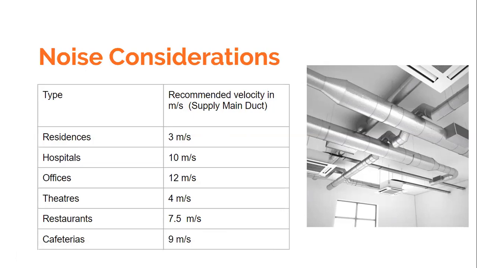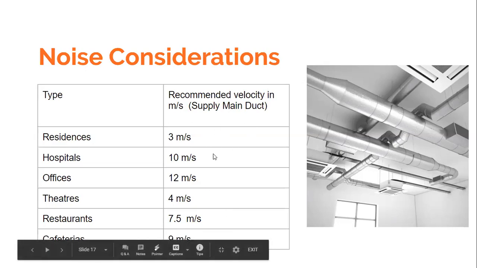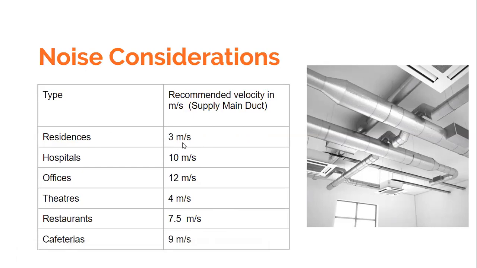These are the recommended velocities. So for the supply main duct, we can choose this. Suppose I am designing an AC for a residence. So this data is known. I know the recommended velocity and I know the flow rate. From the recommended velocity in the supply main duct and the flow